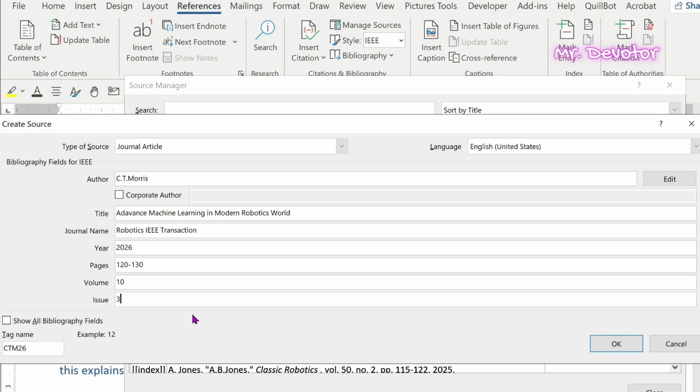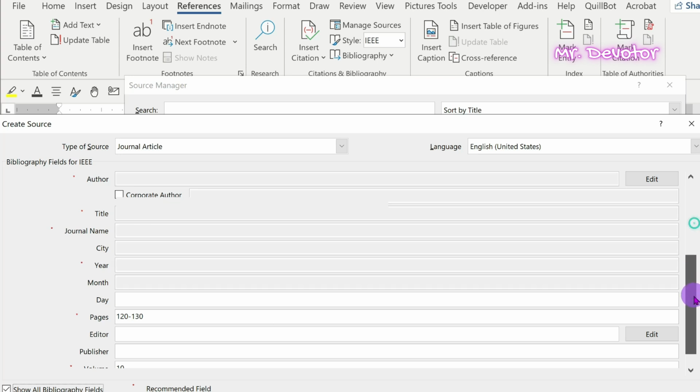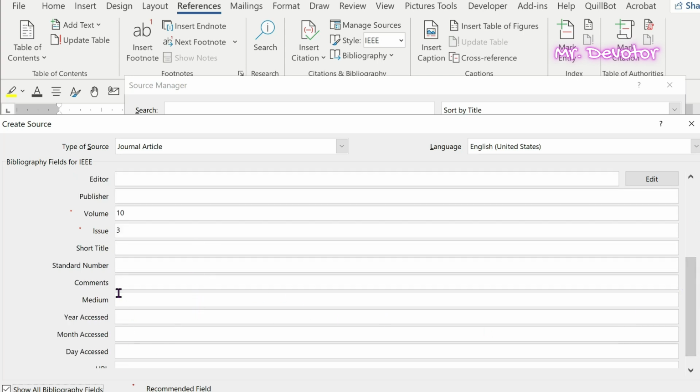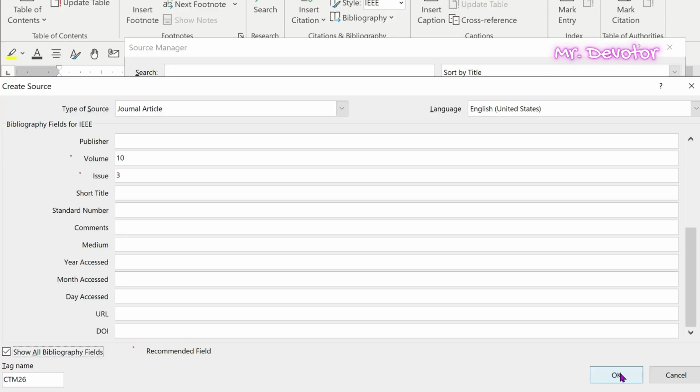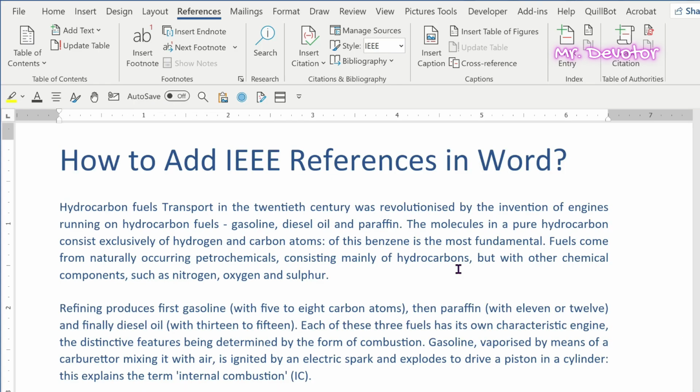And if you want to add some more detail, you need to click on Show All Bibliography Fields, and you can put the further information in the empty fields. And now click OK. The source will now be in your current list, and here you can see that. So once your style is set to IEEE and your sources are added, then place your cursor where you